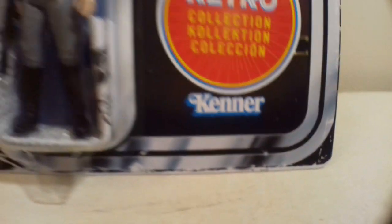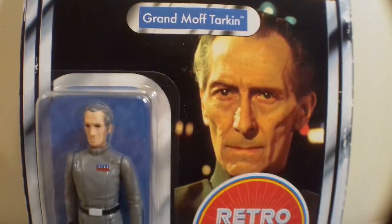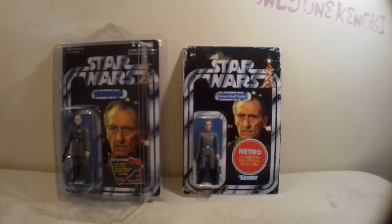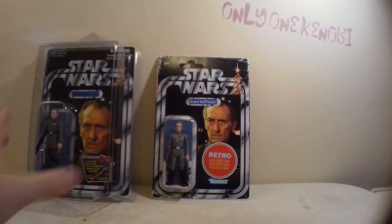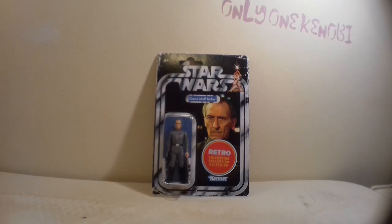I would prefer it not there. But since it is there, it's not the end of the world. But anyway, I quite like it in a way. So there is the image of Tarkin. If you watch the Blacked Out Ewoks video on this, you notice the fact that Tarkin is smaller. And it is quite ironic, it makes sense that Tarkin is smaller, because when I show you this Tarkin, the